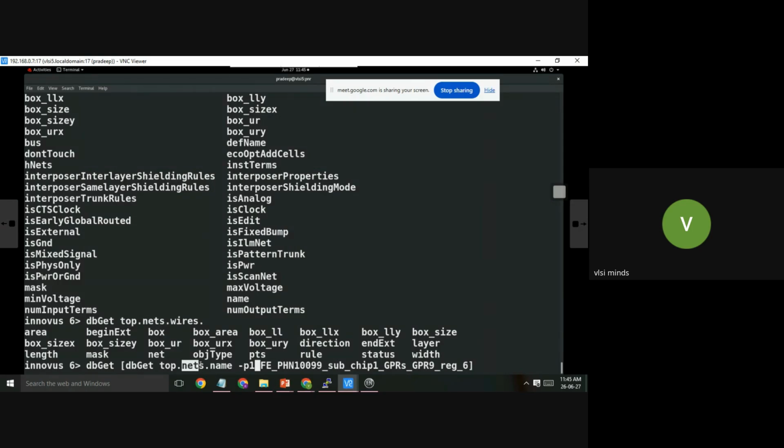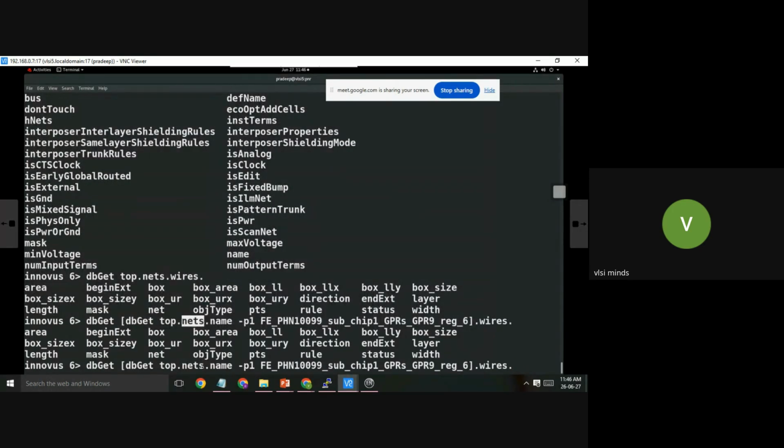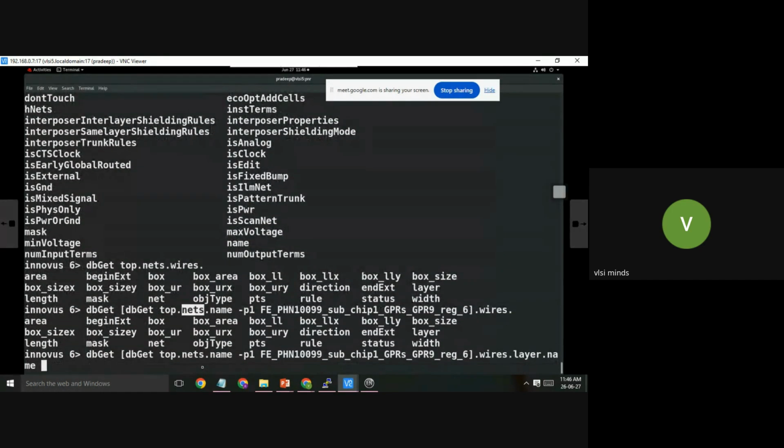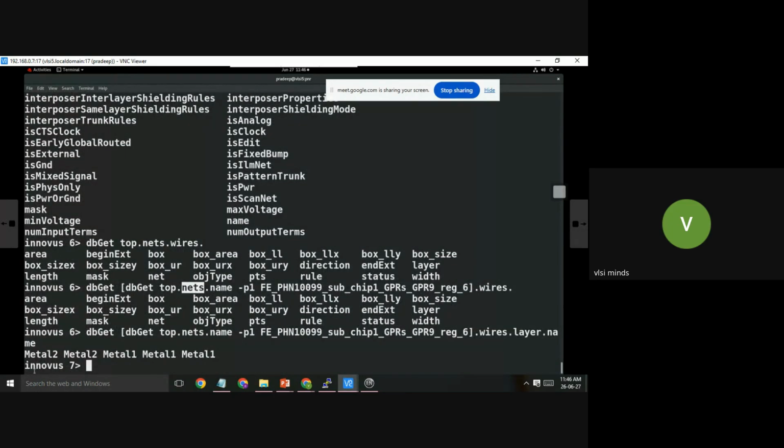I want to point at nets. So I'll use minus P1, meaning point here. From this, use dot wires dot layer names. So it is showing what layers it is using. This net is made up of all these layers.